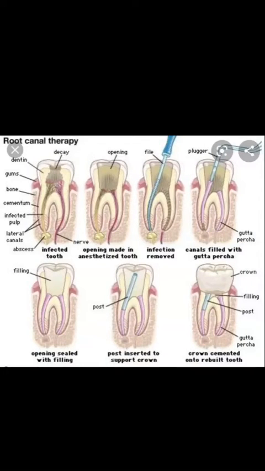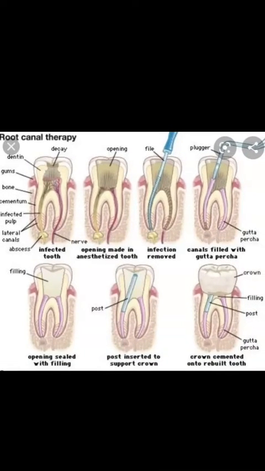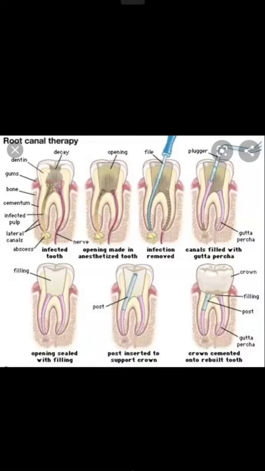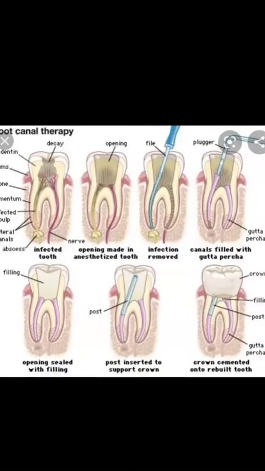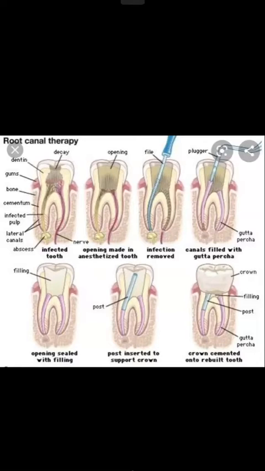First we will discuss this snapshot of the root canal therapy, and in the next lecture we will discuss in detail each and every step of root canal therapy. This is the infected tooth. If the tooth is infected, if the pulp is infected, then we can't protect the pulp. Then we have to treat our tooth with root canal treatment. We can't do pulp protection in that situation. If the pulp is totally infected, destroyed, or damaged, then we have to do root canal therapy.